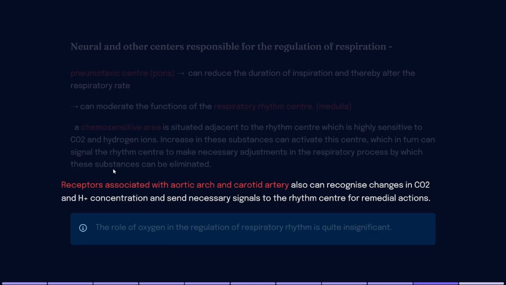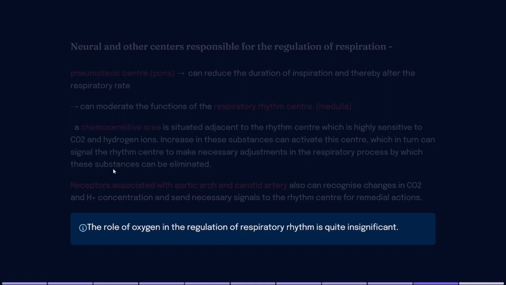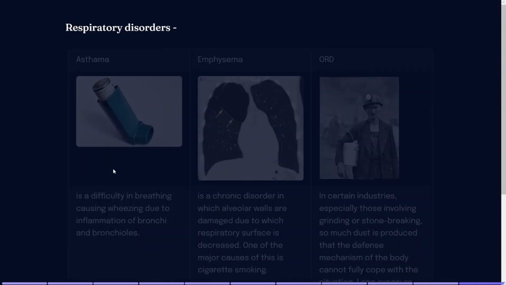And the second thing you must have noticed is that the chemosensitive area and these receptors can recognize CO2 and H positive concentration, but not O2 concentration. So the role of oxygen in regulation of respiratory rhythm is quite insignificant, which is a line given in NCERT also. Next, moving to respiratory disorders, there are multiple respiratory disorders related to breathing in this topic, but